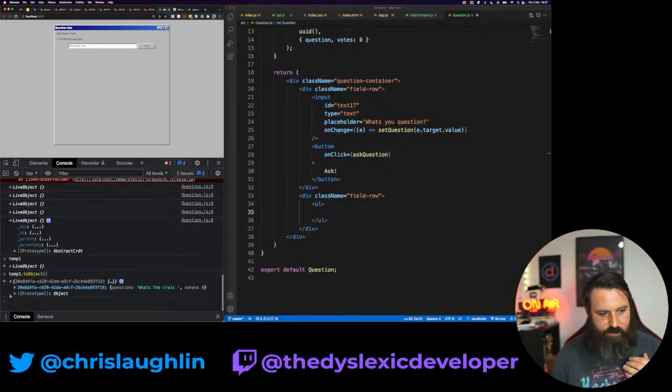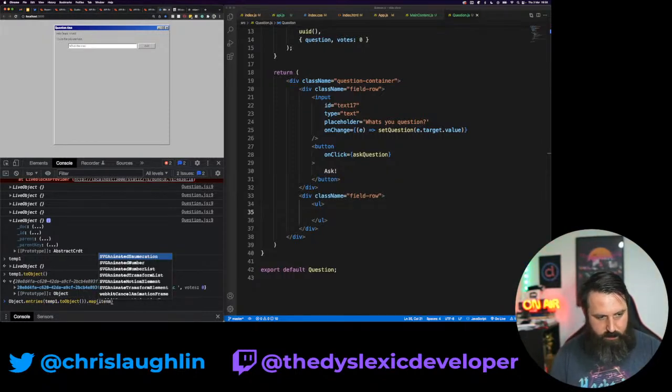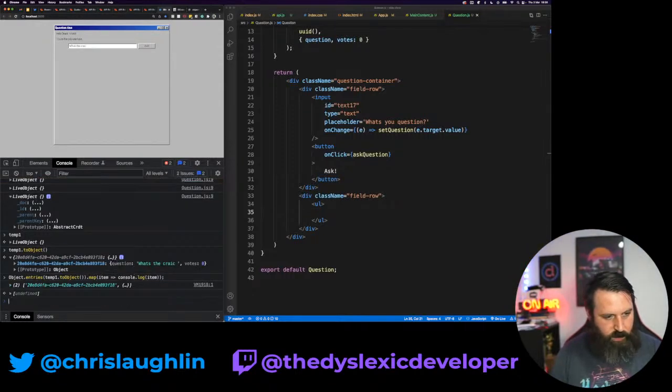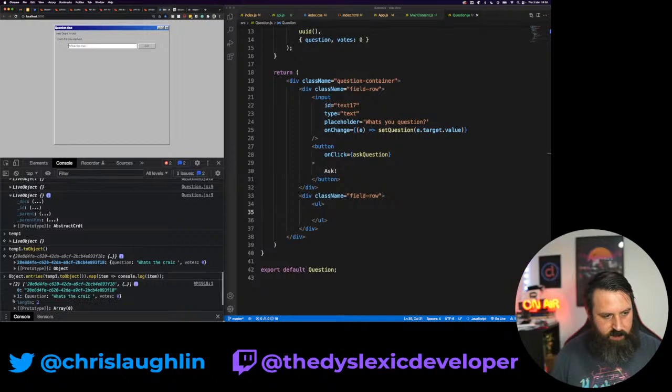Then I can do what I imagine would be Object.entries.map item, console.log item, which is then going to give me each of the questions.